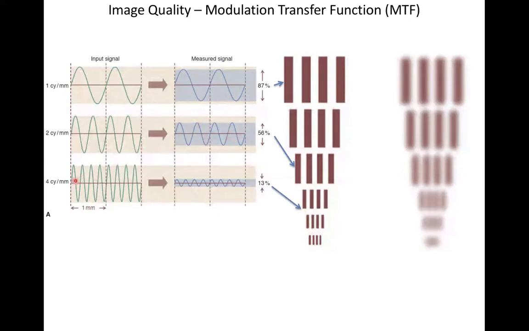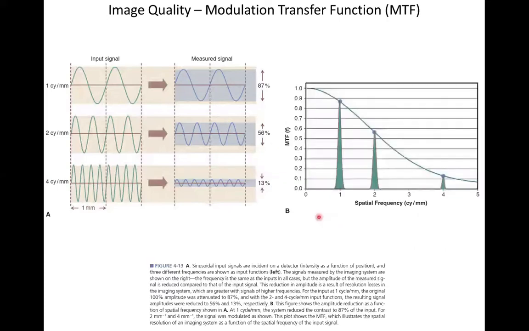And this goes on. As my frequency gets higher, the attenuation gets higher, until finally, I'm down to this very unusual pattern on this side. And finally, I just have a mean value. It's like all of these have been averaged together and they come out as something that doesn't change as a function of position. It's just a mean value. And that's the true cutoff. We no longer can image frequencies that are this high. Okay? And if we want to quantify this behavior, so this is the behavior we're measuring of our imaging system,